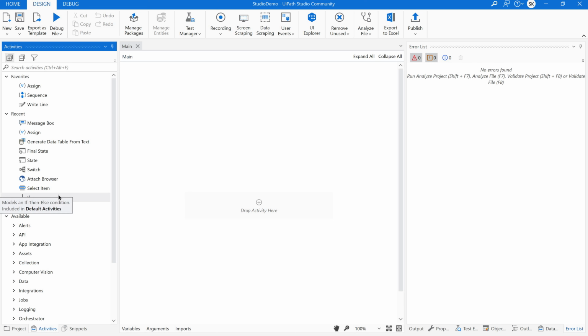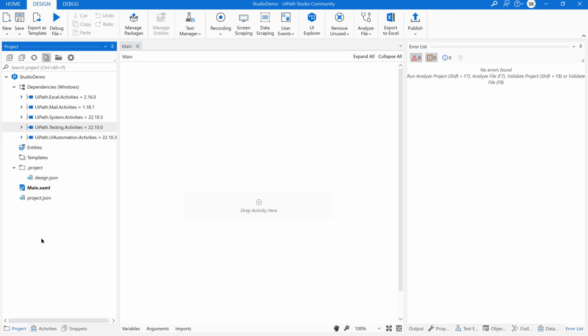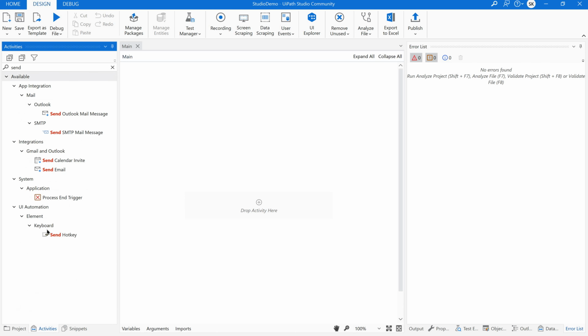The activities panel is the one which shows all the available activities that can be added to the current flow. Okay, based on the dependencies which are available here, meaning what all packages have been installed or configured to the project, the relevant activities will be visible over here in the activities panel. Even if you don't know the activity name, you can just search for a keyword